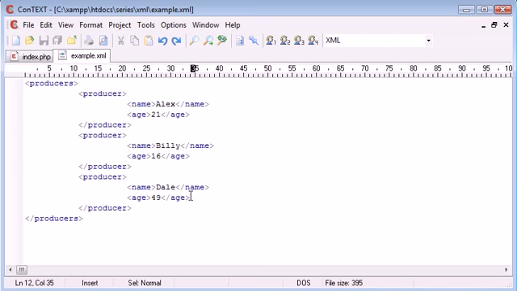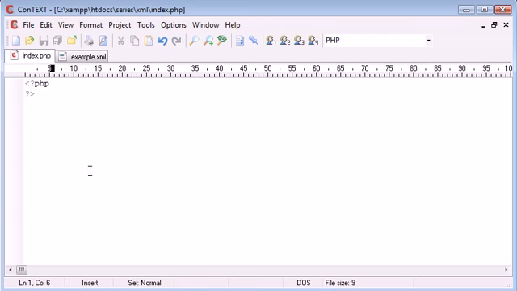So what we can do, inside PHP, once we've opened this XML file successfully, is say grab the age of the first producer or the name of the first producer, and vice versa. And so on and so forth, we can say name and age for the second producer or the third producer. And what we're going to be doing is, inside our index.php file, loading this